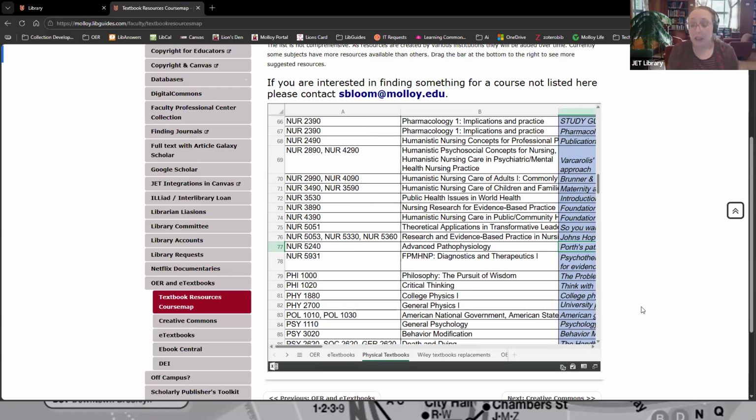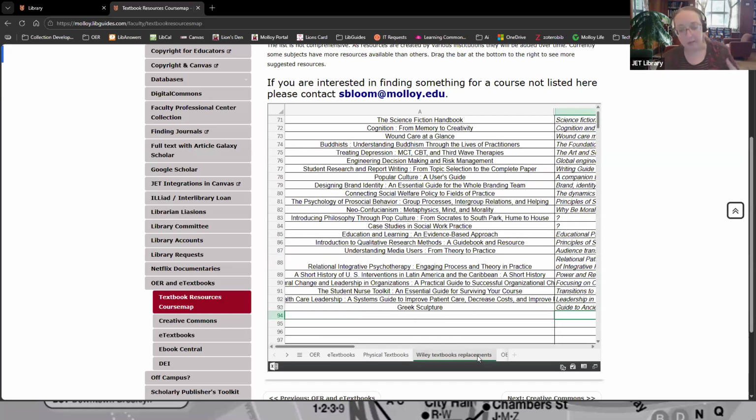They are not allowed to take them out of the library, but we do have flatbed scanners here that they're more than welcome to use so that they can scan the books and read them at home. Oh, and then Wiley had gotten rid of some, so I just made a little section for that. And then the last one is